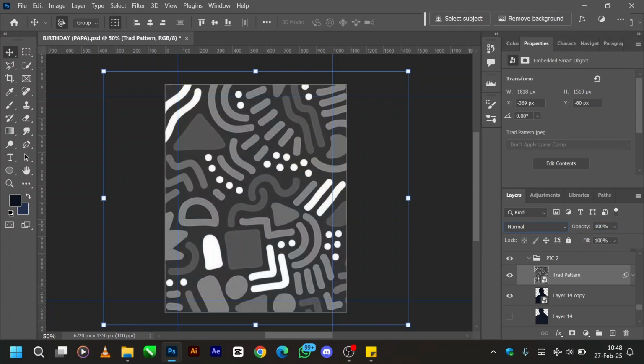This is the original pattern. I converted it to black and white. So let me remove my black and white option. So this is how the pattern is. I converted it to black and white. Like I said in my previous video,